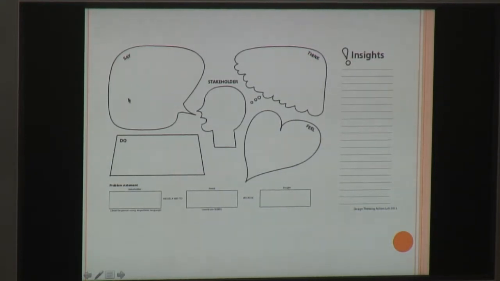Of course, the way you get what people are saying is you normally will interview them. So you sit down and talk to somebody or a group of people and collect all the information here. The doing is often done by observing people, and then thinking and feeling is often the insight from the saying and doing. Although sometimes when you're interviewing people, you could actually do a check while you're interviewing them. So, for example, when the person was talking to a 23-year-old student who sounded frustrated at work, the interviewer could say, well, it sounds to me like you're kind of frustrated about what's happening at work right now. And the person will say, oh yes, I'm really feeling frustrated.